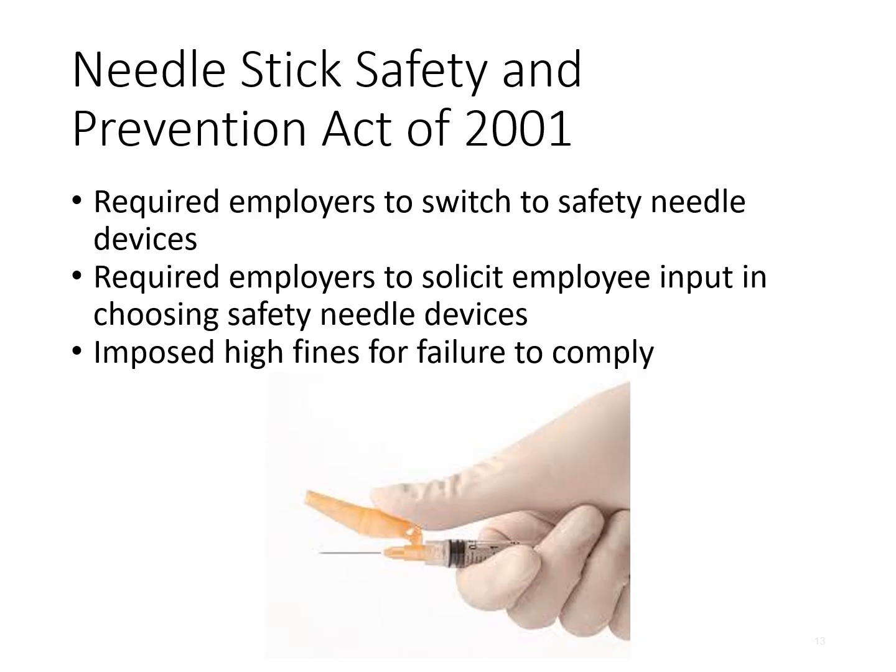The Needle Stick Safety and Prevention Act of 2001 was introduced, and it actually requires employers to switch to safety needle devices. The picture down below shows an example of one of those safety needle devices. That orange piece that it looks like they're pushing down on with their thumb is actually the safety device. After you draw the blood on the patient, you just push it down, and it clicks in place and covers the needle. That makes it so the needle is no longer exposed, and people shouldn't be able to accidentally stick themselves